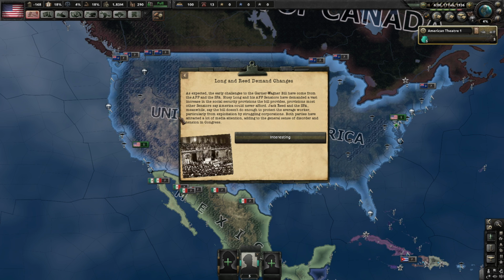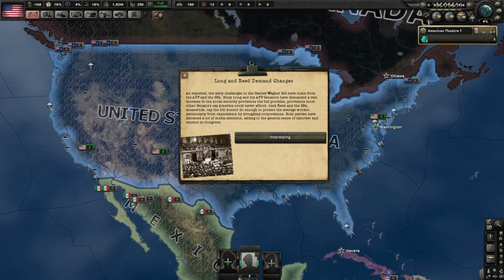Long and Reed demand changes. As expected, the early challenges to the Garner-Wagner bill have come from the AFP and the SPA. Huey Long and his AFP senators have demanded a vast increase in the Social Security provisions the bill provides. Provisions most other senators say America could never afford. Jack Reed and the SPA, meanwhile, say the bill doesn't do enough to protect the average worker, particularly from exploitation by struggling corporations. Both parties have attracted a lot of media attention, adding to the general sense of disorder and